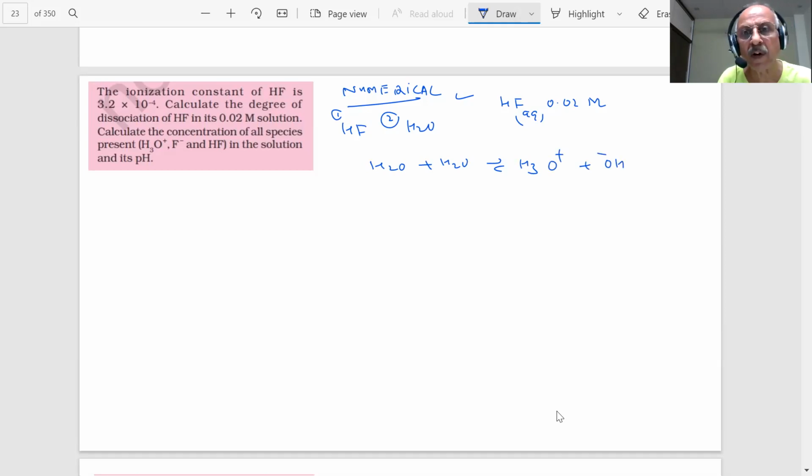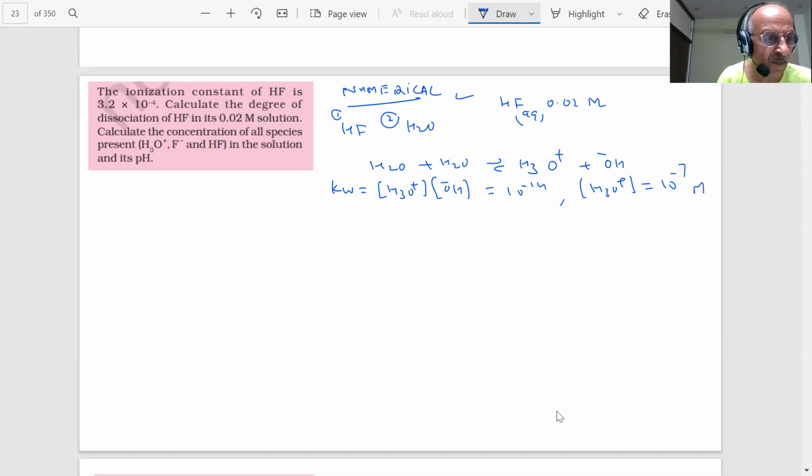And here we defined Kw for water. How much was it at 298 Kelvin? 10 raised to power minus 14. If the temperature is not given, we assume it to be 298 Kelvin. In other words, student, the H3O plus concentration here is 10 minus 7 molar, or OH minus is also 10 minus 7 molar. If I compare this with HF,